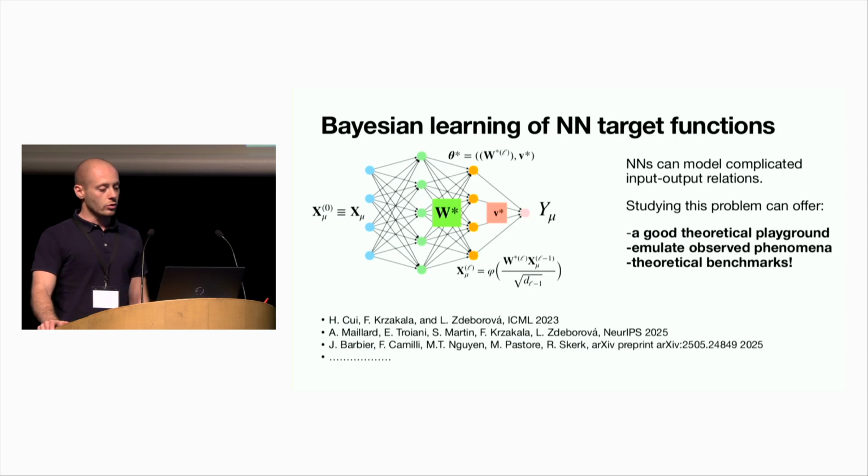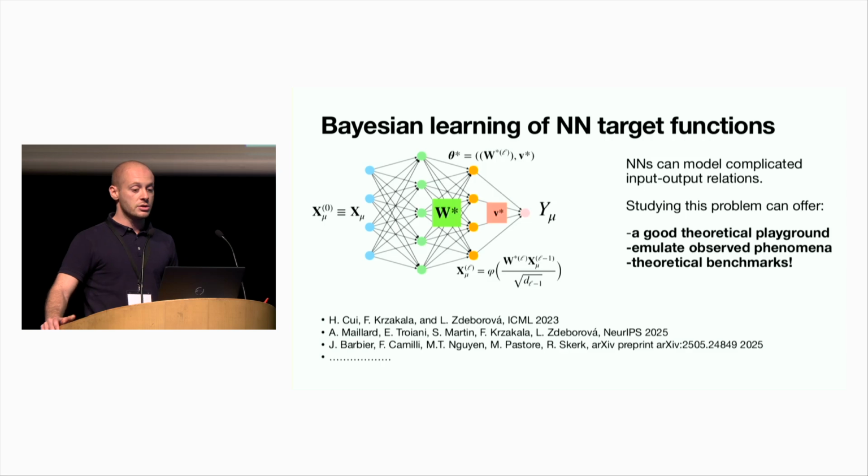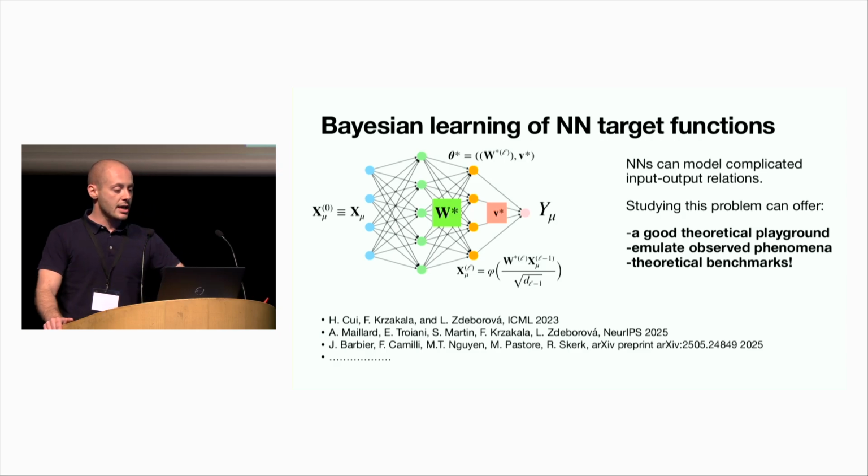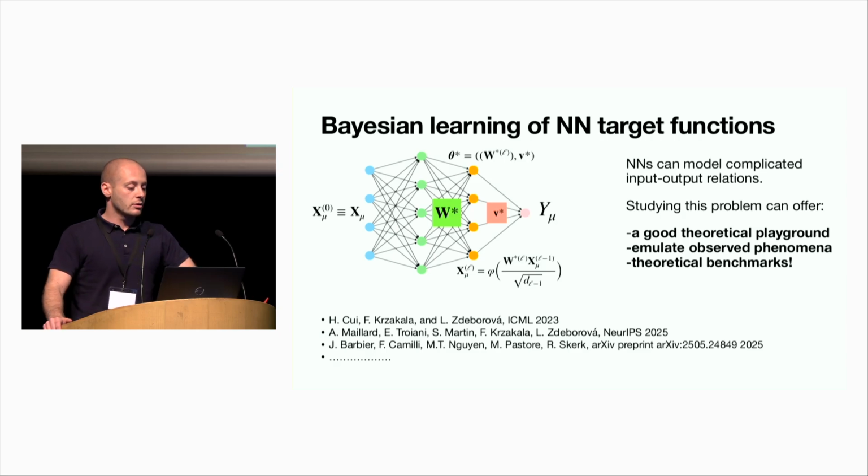And as we do here, sometimes you can also establish some theoretical benchmarks for the performance of learning such target functions. So very quickly about the teacher or the target function that generates the data. As I said, it's a fully connected feed-forward neural network. The inputs will be denoted by X. In the following, I collect all the parameters of the network in this theta star here. This X mu L that you see on the bottom is defining the standard forward pass operation with the activation function phi that will be taken to be, let's say, odd and regular enough.